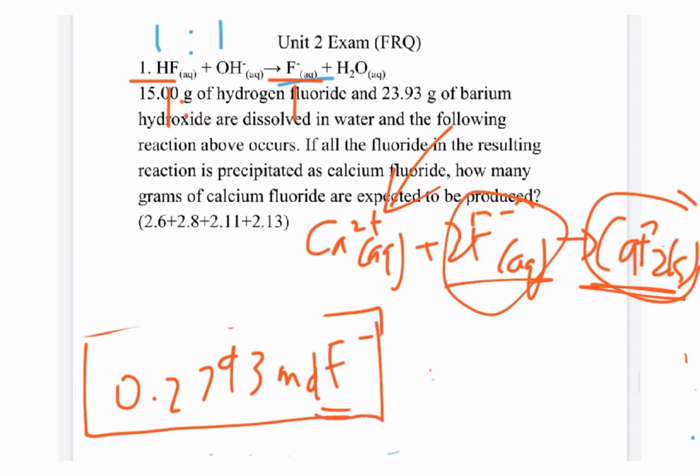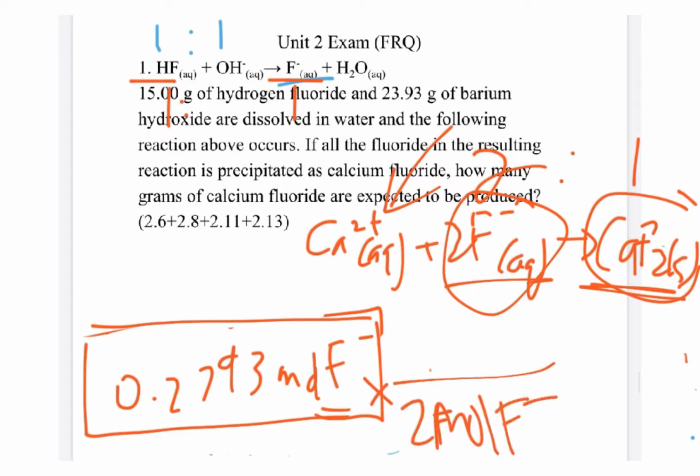So looking at this reaction, if all the fluoride becomes calcium fluoride, then we have to look at the mole-to-mole ratio. It's 2-to-1. So for every 2 moles of fluoride, there's 1 mole of calcium fluoride. And notice how that's just dividing by 2, so this number divided by 2 is actually equal to